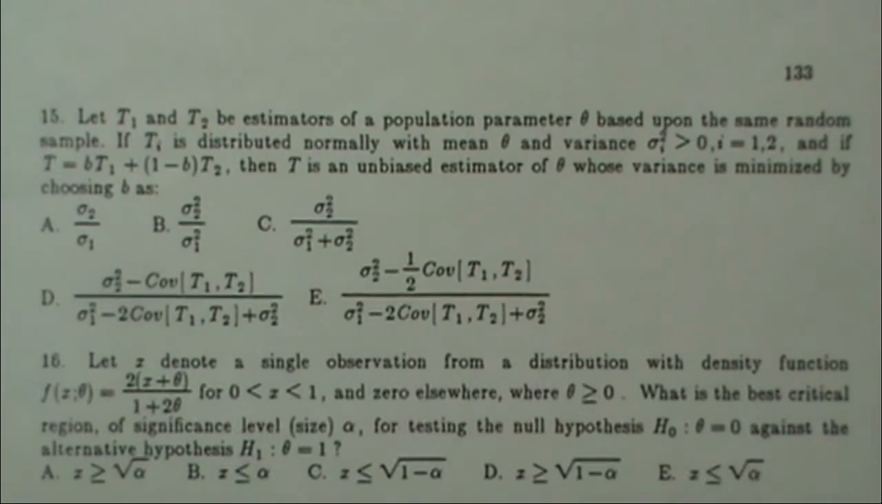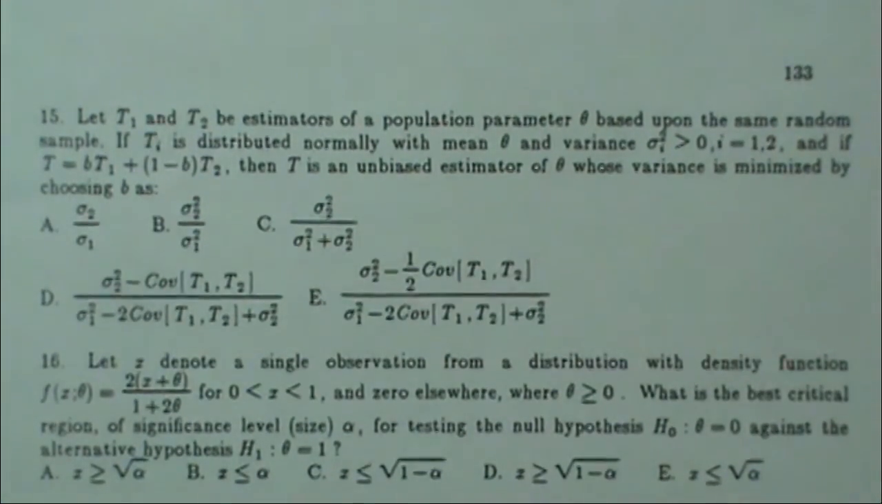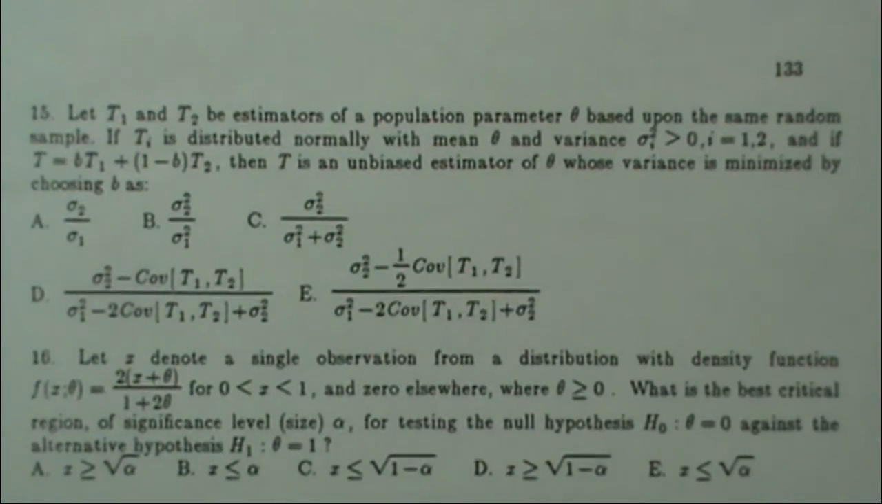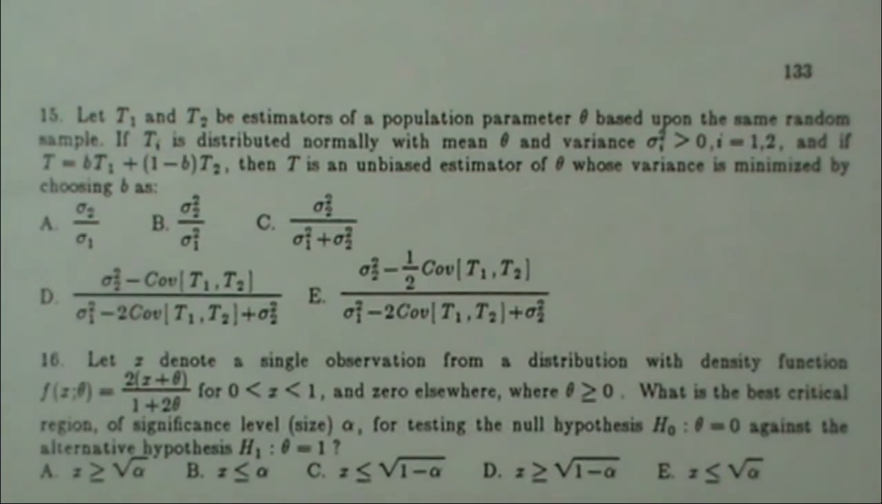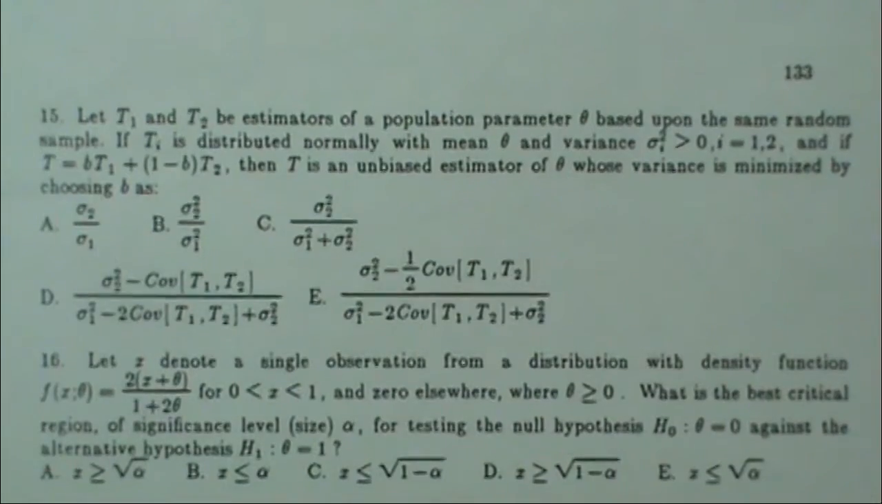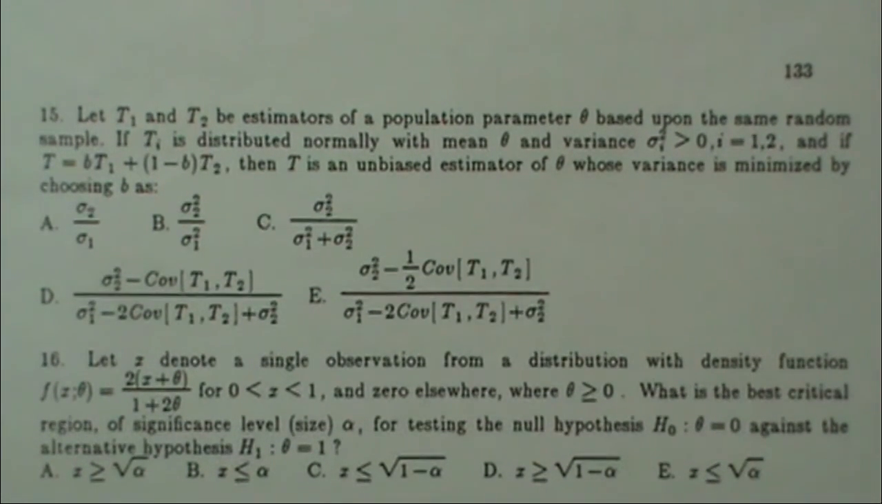Number 15, let T1 and T2 be estimators of the population parameter theta based upon the same random sample. If Ti is distributed normally with mean mu and variance sigma i squared greater than 0, and if T is equal to B times T1 plus 1 minus B times T2, then T is an unbiased estimator of theta whose variance is minimized choosing B as